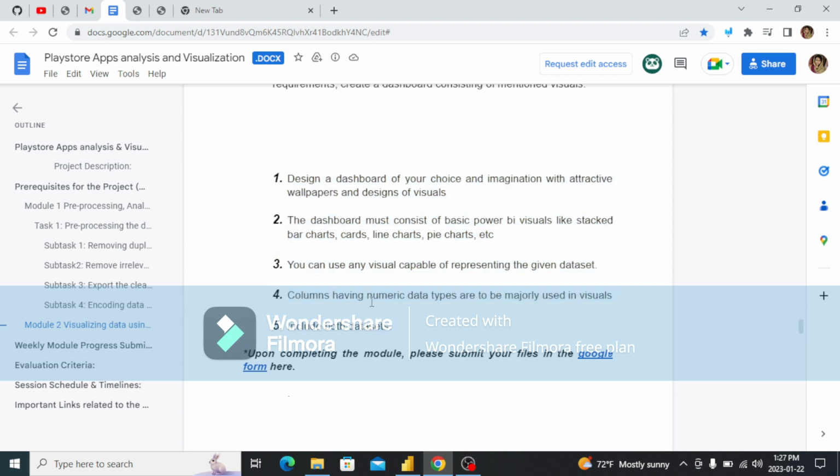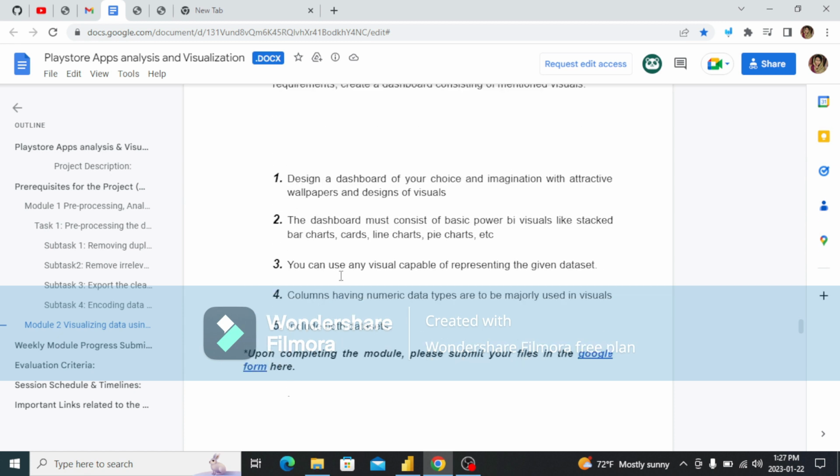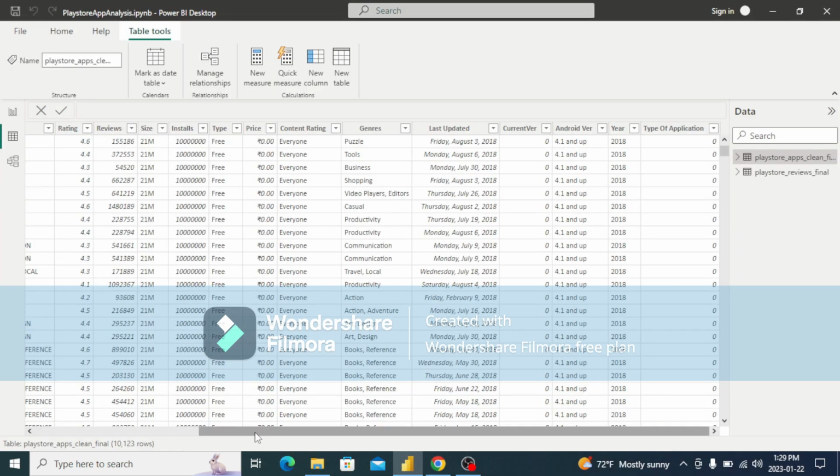So in that, they are asking to use attractive wallpapers, design, and to include basic visuals and charts like bar charts, line charts, pie charts, etc. And they have also asked us to include both datasets for review and apps. In Power BI,